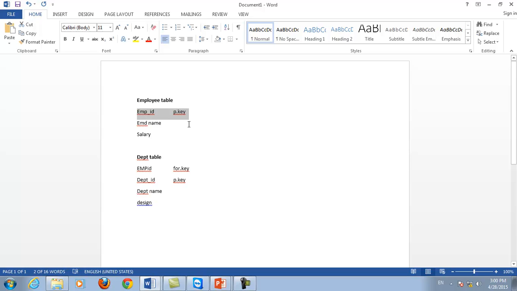It means if the employee ID of the employee table contains the values from 1 to 10, then the department table employee ID will also contain the values from 1 to 10 only. It cannot take any other value, because the domain of a foreign key is the total values available in the primary key of the other table.